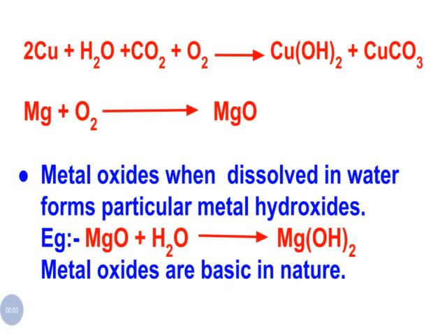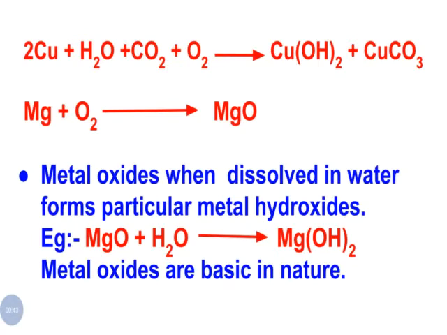You can see one more equation there, that is MgO. That is actually Mg is for magnesium. Magnesium chemical formula is Mg. Oxygen it is O2. So when magnesium metal reacts with air, in the sense it combines with oxygen to form magnesium oxide, that is MgO. Here magnesium oxide is a metal oxide. Commonly we can call it as a metal oxide. That is, whenever a metal reacts with oxygen, it forms metal oxide.